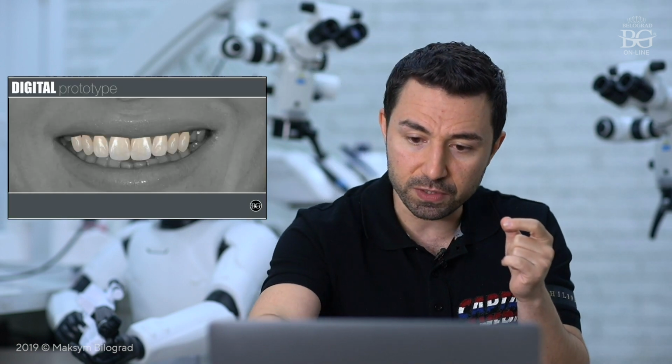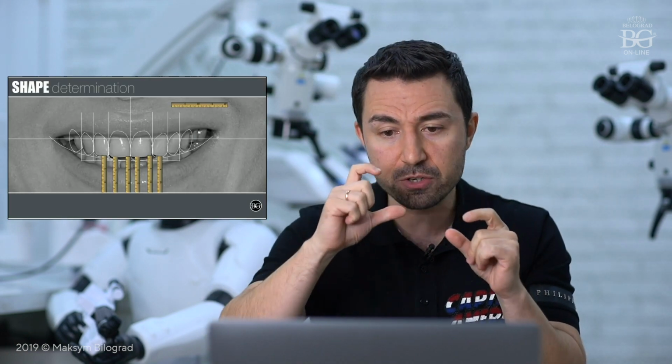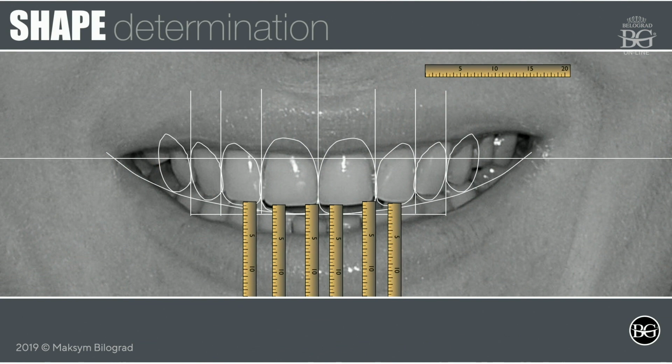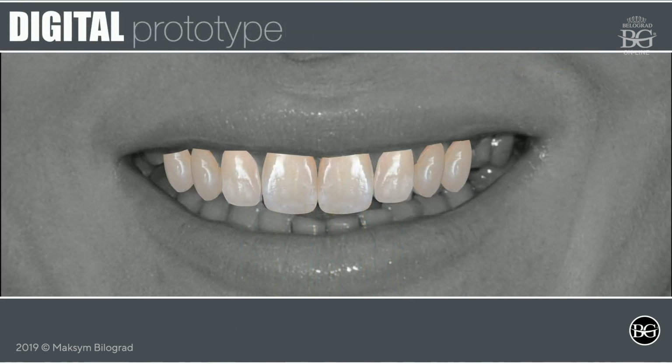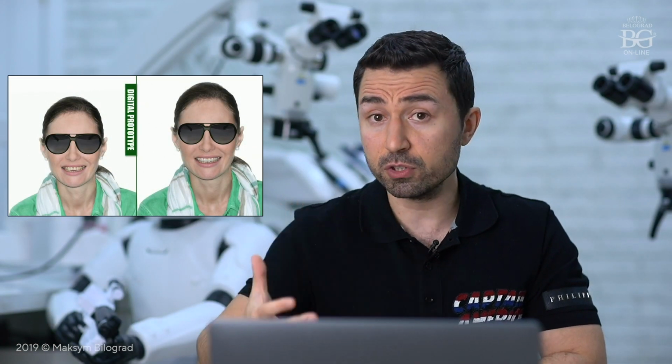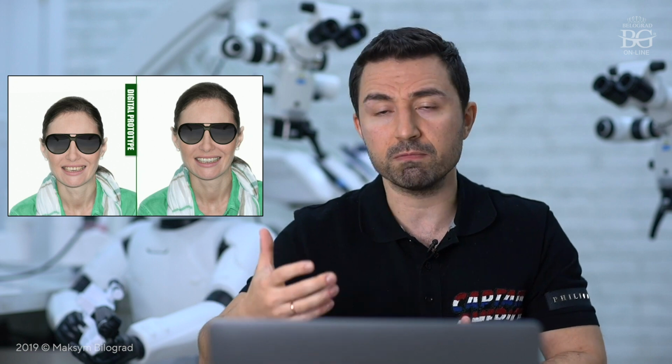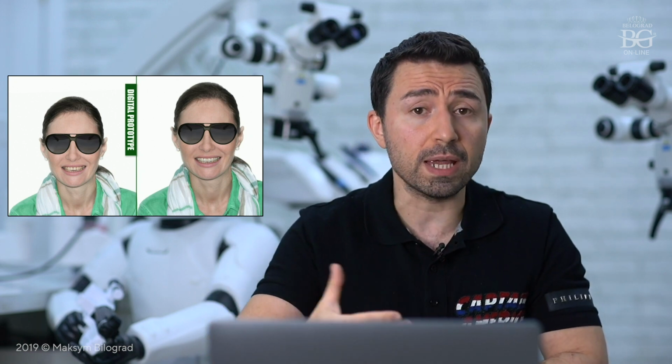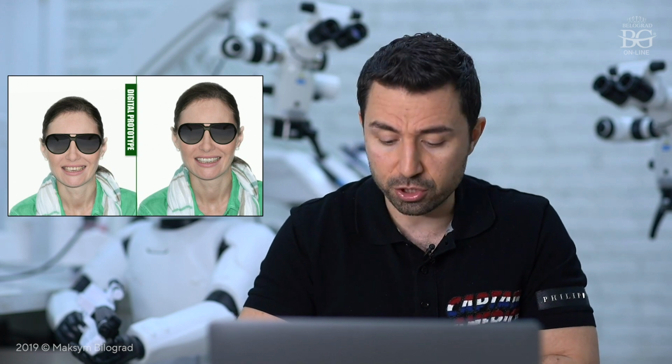But the contours and measurements, I mean geometry, length and width, will be taken as the base for the dental technician when he is doing the wax-up. This digital thing that you can see here and here is just the motivational part of the consultation, to show our patient initially how they will look with the changed smile.